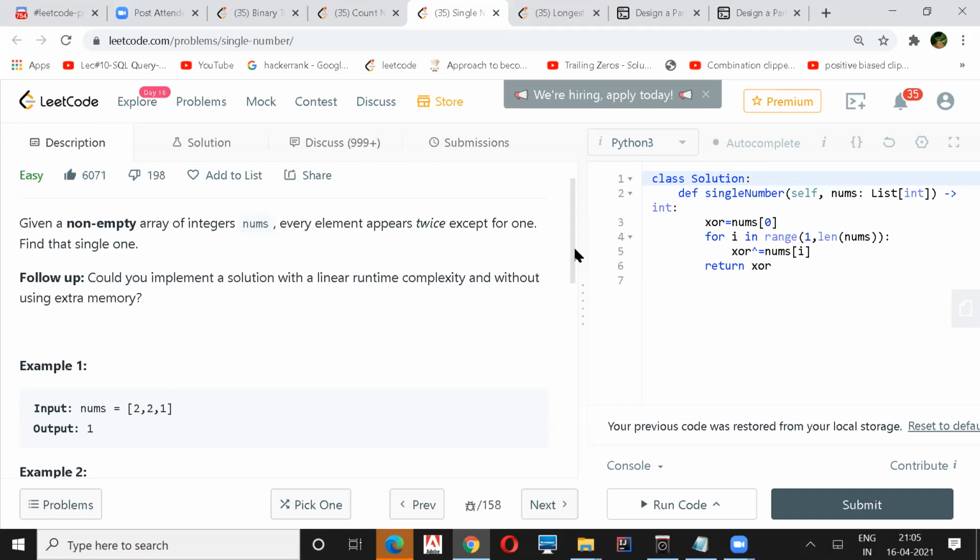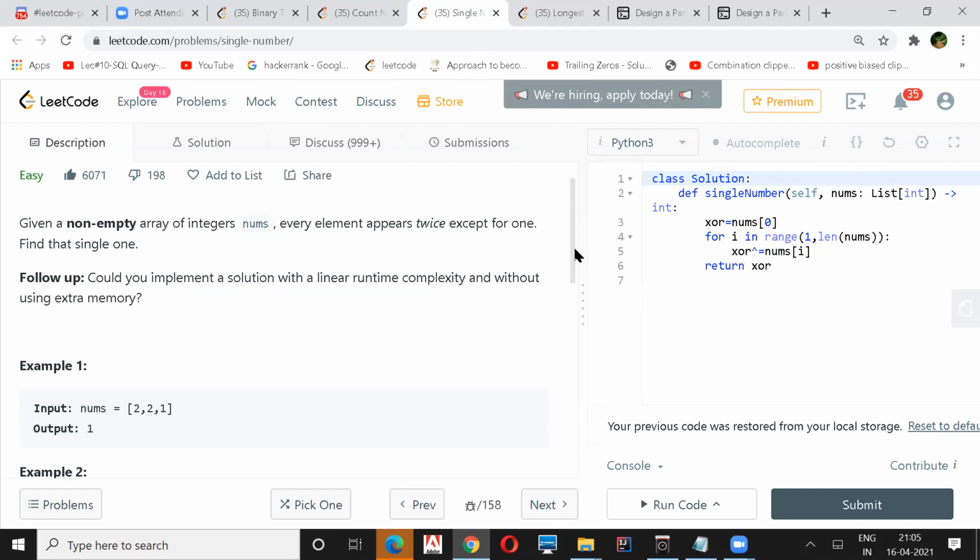So start with any number and then check if we have the same number there. If it is, then just ignore it and move to the next one. In that case you don't need any space. That will be one way, or else use something like a map or hash table.